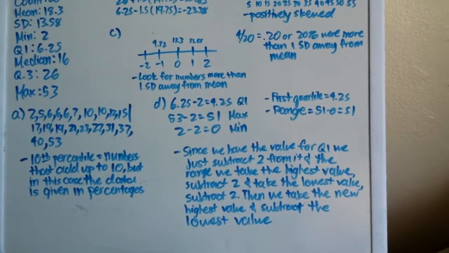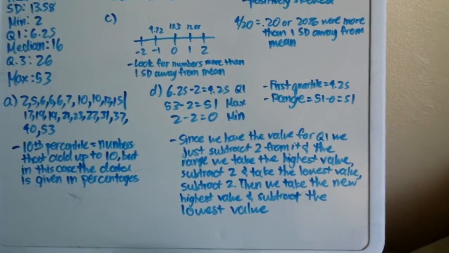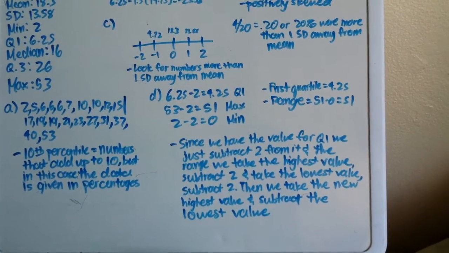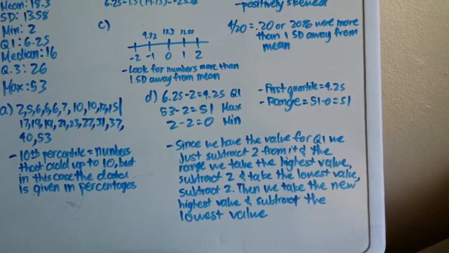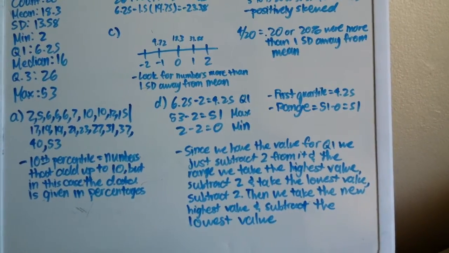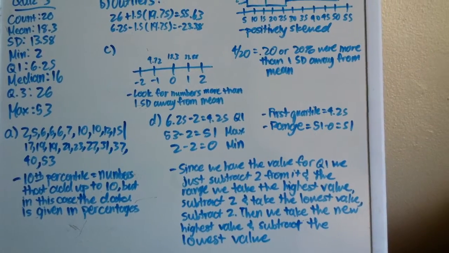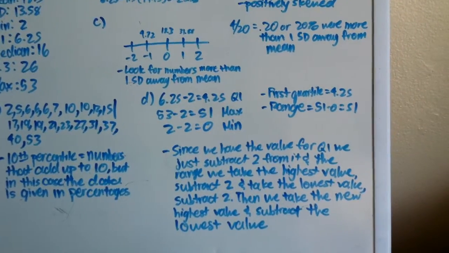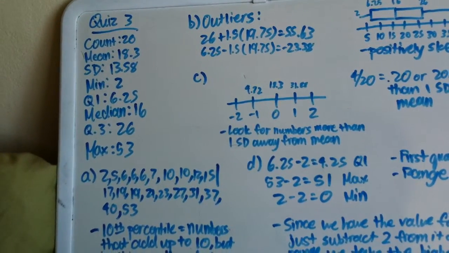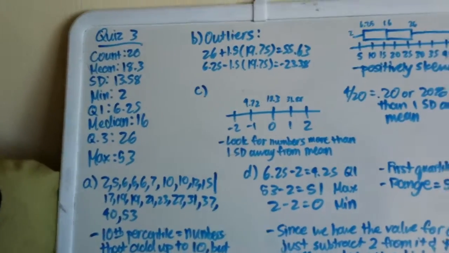Lastly, D, it asks, suppose that in 1996 marijuana usage miraculously decreased by 2% in all 20 countries. Compute the first quartile and range for the new data set. Justify your answer. So basically, since we were given the data in table 2,